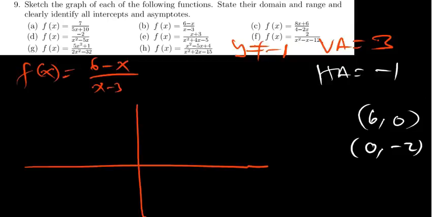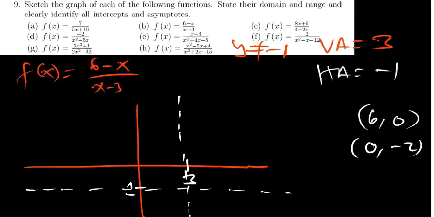So remember, I have the vertical asymptote at 3. I'll put it here, so the graph is not supposed to touch this line. I have the horizontal asymptote at negative 1. I'll put it there. Next,